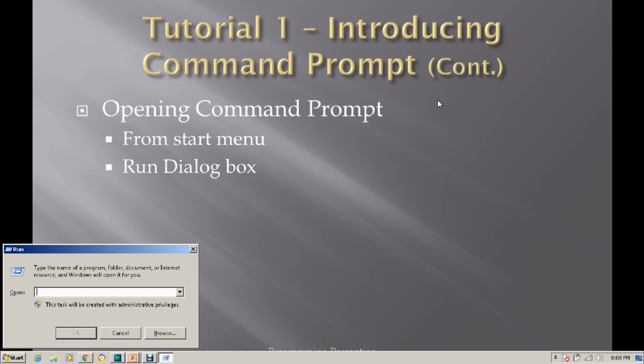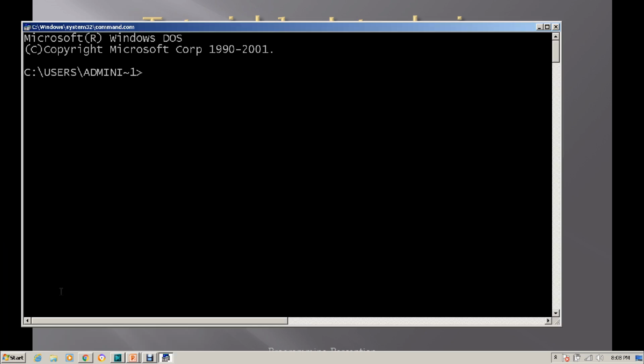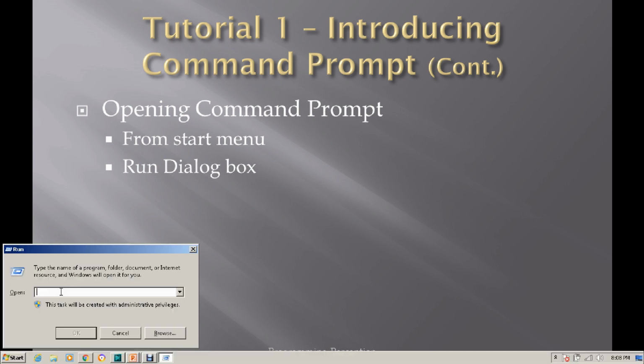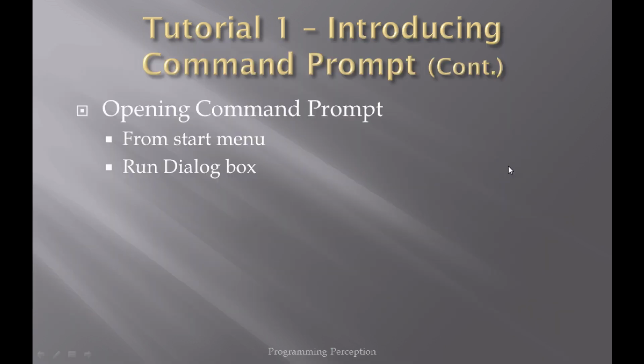Just press Windows and R and you will get this run dialog, and here you can type COMMAND, then this command prompt will open, or you can simply type CMD over there. So these are the two ways you can open this command prompt, either from the start menu or from the run dialog box.